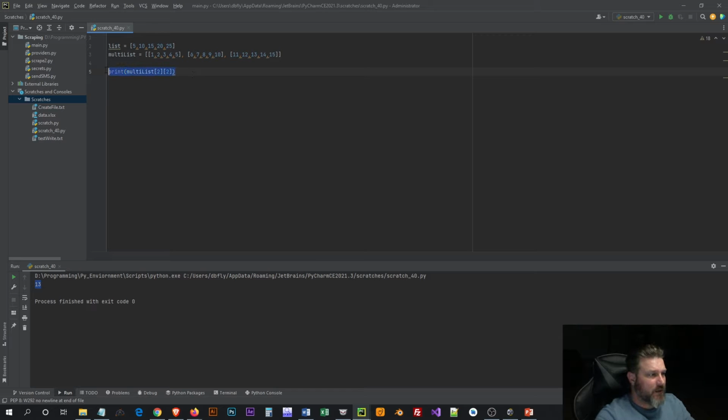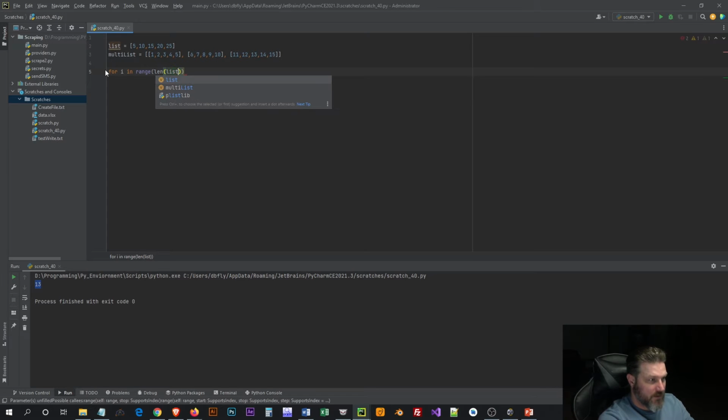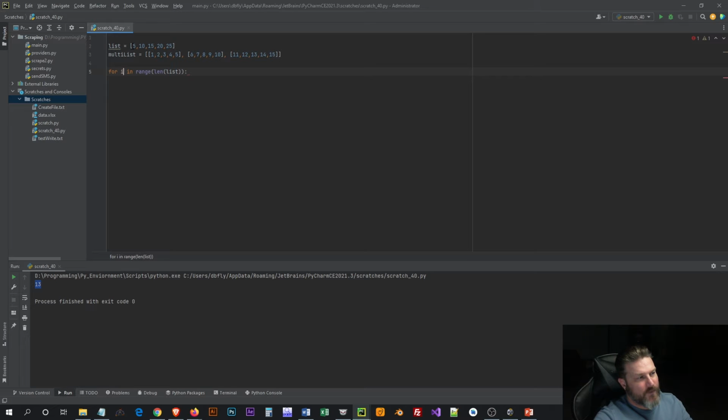Now let's say, what if you want to do something to each one of those? You have to use a counter and kind of iterate through the list so that you can access each variable and then do something to it. Let's use the list first. So you do that with an I loop, and I think we covered this last week, but I can't remember. For i in range len list. So for every item in the list,